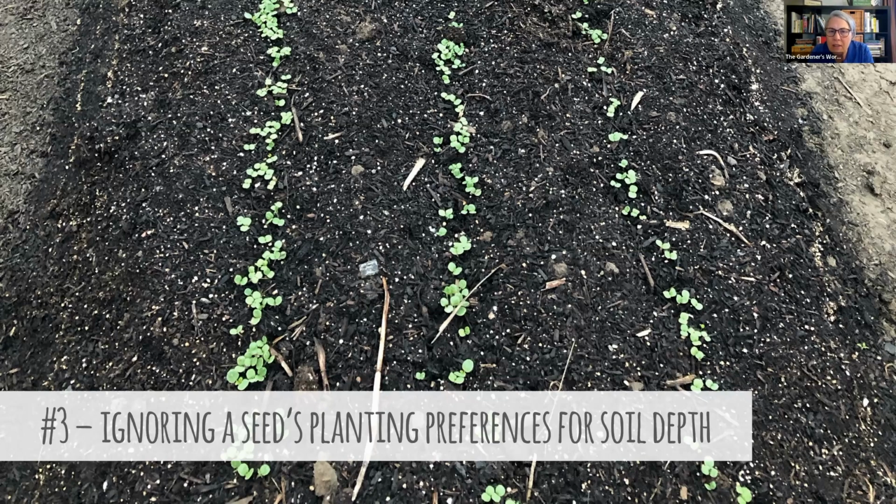But yeah, some of the obvious ones, Bells of Ireland is a really great example that should not be covered, but yet you would think that it needs to be covered. And you can see that's what's pictured in this picture here is Bells of Ireland. And you can just see what great germination we get on that. So if you did sow a bed and you're not seeing a lot of germination, that's one thing to check is, did I accidentally